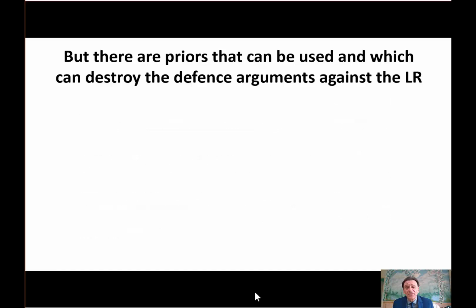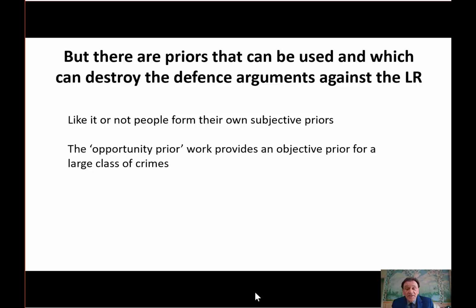So all of what I've said so far provides ammunition for challenging inappropriate forensic likelihood ratios generally used by prosecutors. But although it's tempting to dismiss any discussion of the prior, in practice there are priors that can be used which can destroy the defence arguments against the likelihood ratio, even when it's used incorrectly. So first, whether we like it or not, people, whether they're the police, the lawyers or jurors, form their own subjective priors. There's nothing wrong with having very different priors. Bayes enables you to determine the full range for the posterior probability given the different priors, and that's something that should be welcomed. Second, we've done work that we believe makes it possible to come up with what we call